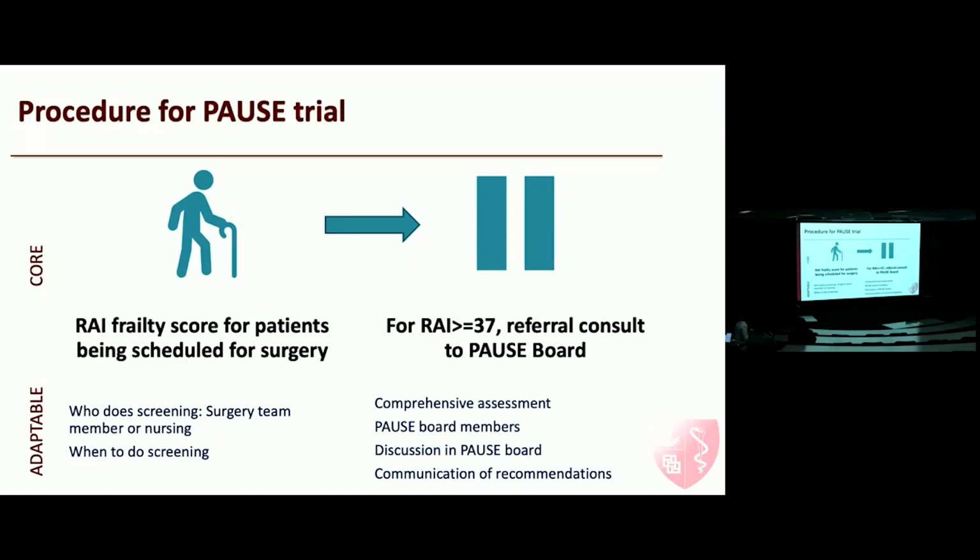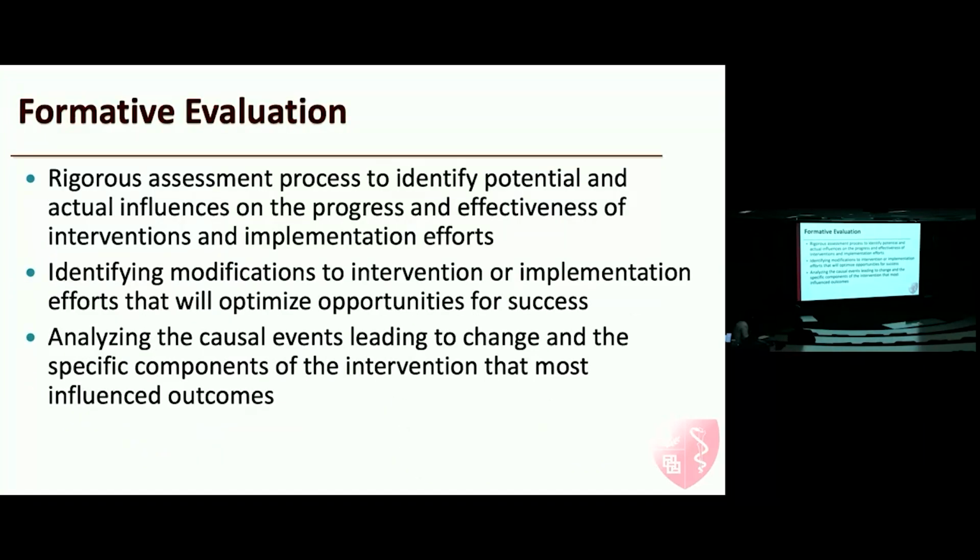And how should the discussion be run? And how do we communicate back those recommendations? And what are the things we as the trial team could help with implementing versus what the sites or the specialties wanted to control? Maybe they did not want us to replace a referral to geriatrics or palliative care. We wouldn't touch that if that's what they wanted us to do. So how do you inform what are the core and adaptable elements and measure that progression, and how do you identify adaptations and actually implement it? That process is called formative evaluation.